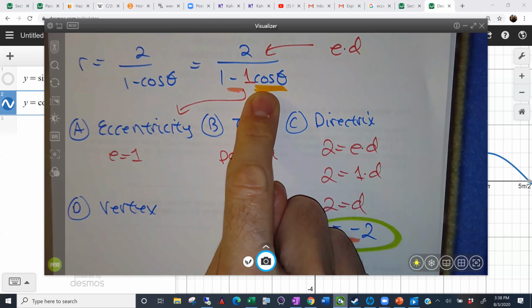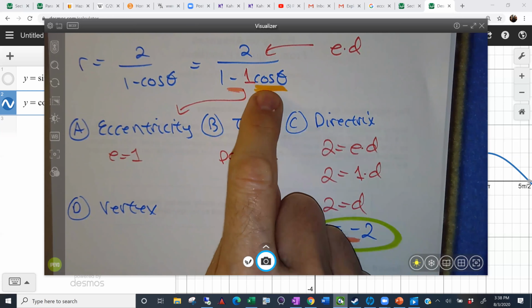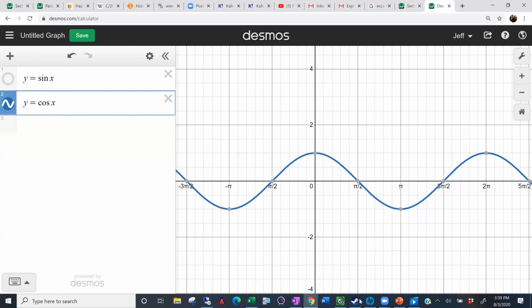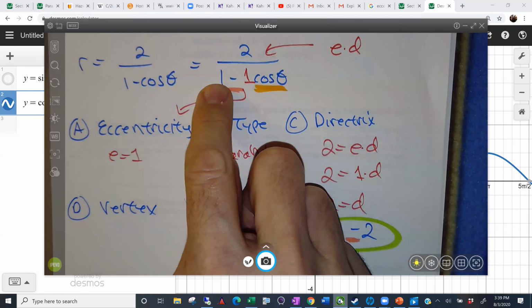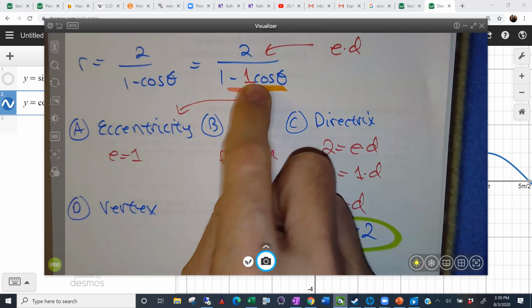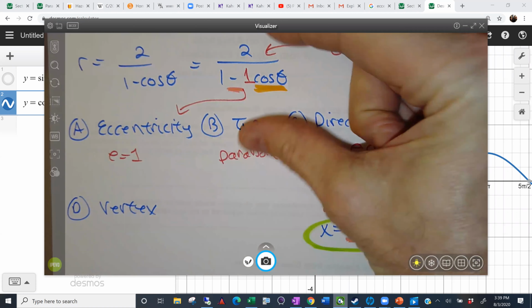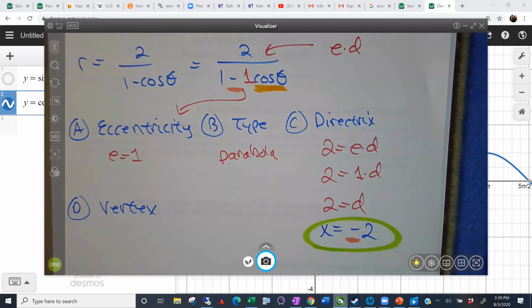Pi. Excellent. Because cosine of pi is going to be -1. So right down here, cosine of pi is -1. And then in our denominator, you'll have 1 minus -1, which is 2. That's as large as the denominator can be and as small as this ratio can be. So at pi,